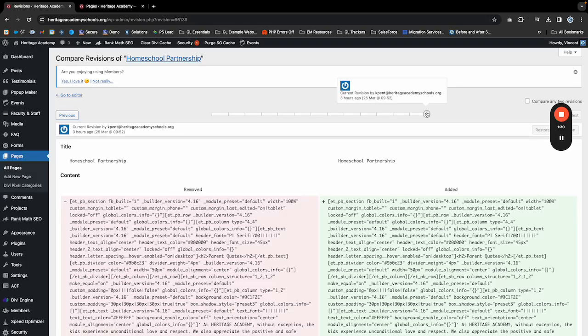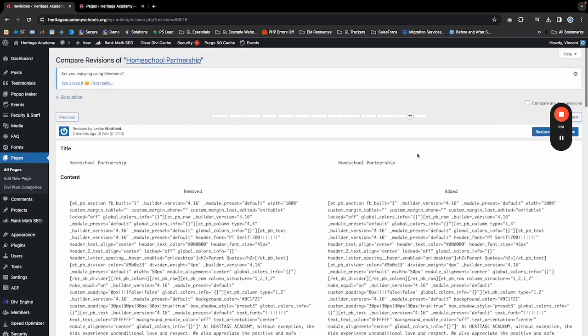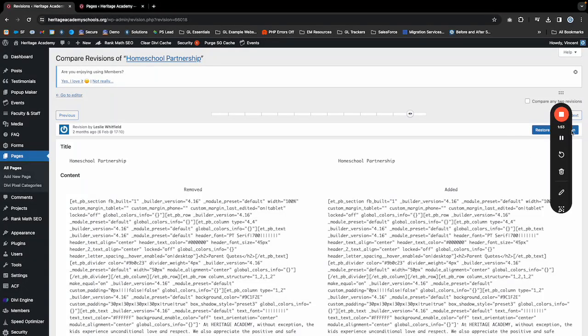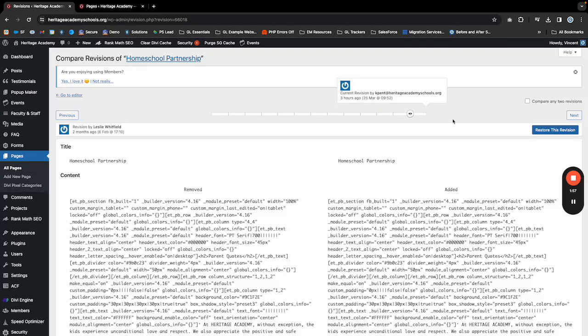And what we're going to do is, this is the current revision. It was made by this user, and it shows you when that revision was made. If we want to remove something here, go back to the previous revision, which was made 2 months ago. It stores revisions. Every time you click Update for the page or Publish, it'll store another revision. So we're going to go to that one from 2 months ago rather than the current one, which was made